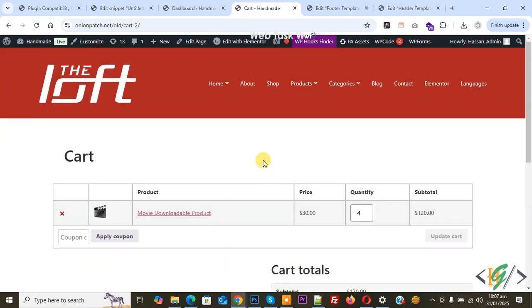Bismillahirrahmanirrahim. Assalamu alaikum. My name is Hassan and today we are going to display a custom message or notice on the cart